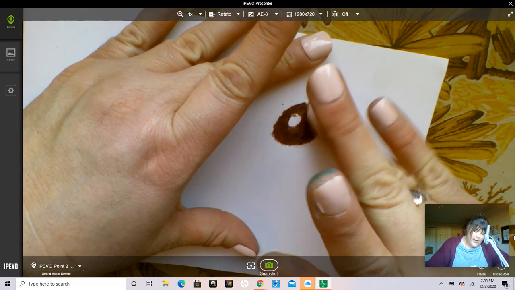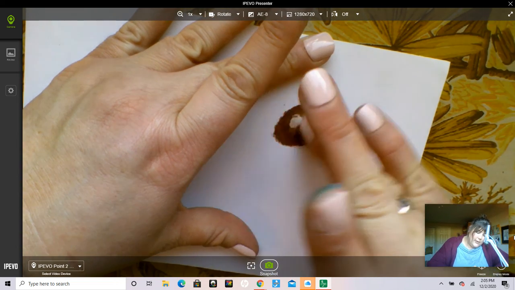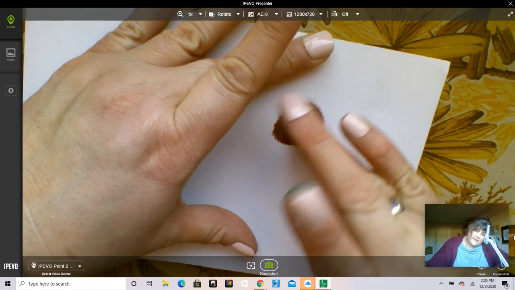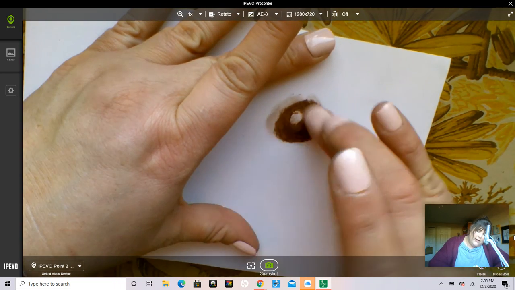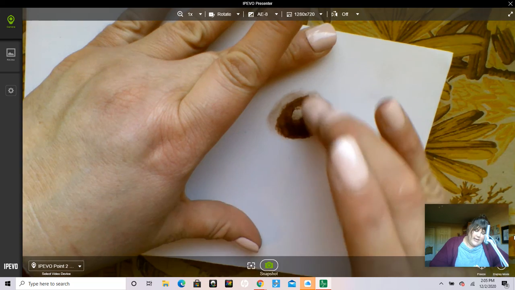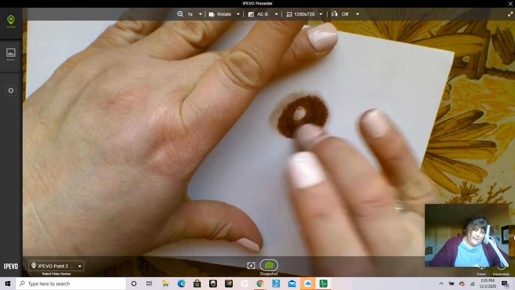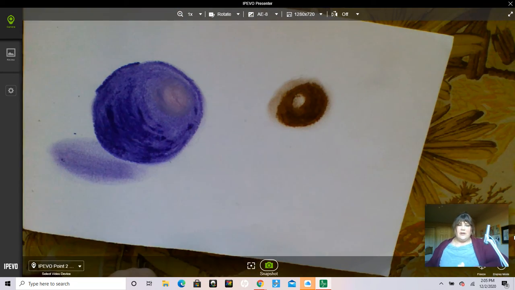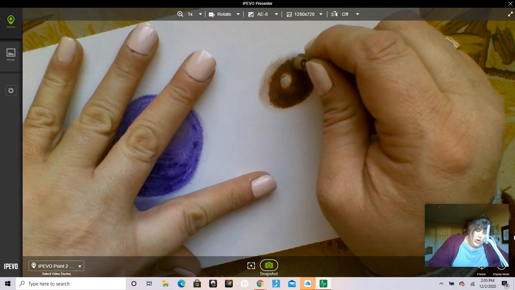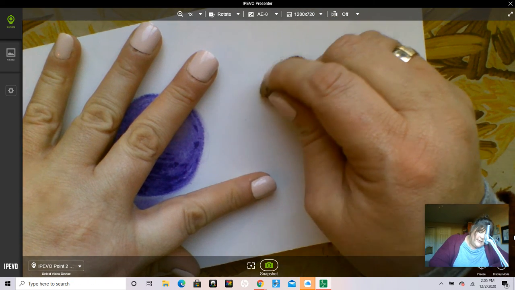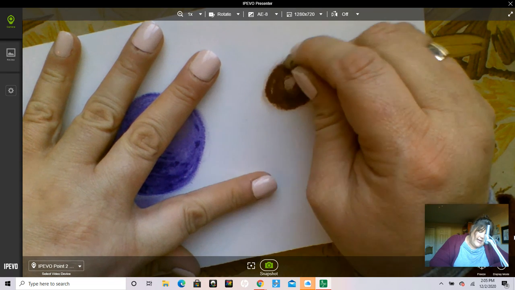So I did a brown circle. Ooh, I don't think this one's going to look as smooth. Partly, oh, you guys, I'm messing up because my finger is smearing the brown outside the circle. Well, nobody has to know that that's how small that circle was. I'm just going to hide it underneath